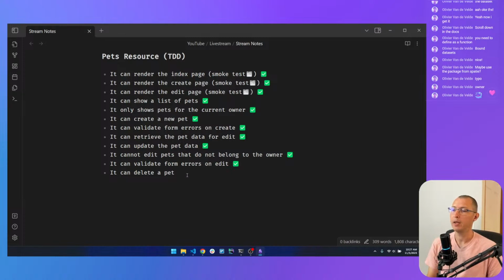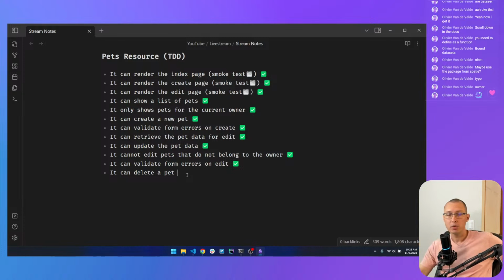Finally, final test would be if we can delete a pet. Now there are two ways in which you can delete a pet. First one is from the table, and that would require you to have an edit action, but I think this test has already been taken care of, because one, you cannot see a pet that doesn't belong to you in the list. That has already been tested. So if you can't see a record that doesn't belong to you, that means you can't take action on that record. So that's a pass.